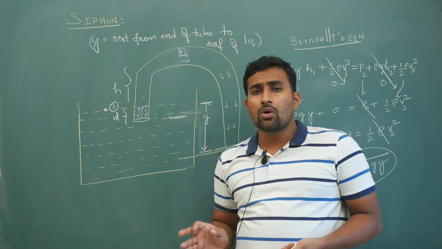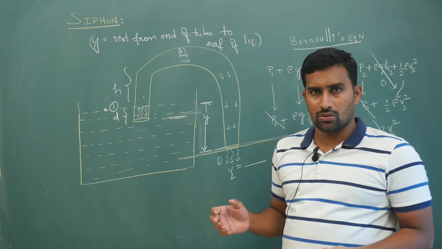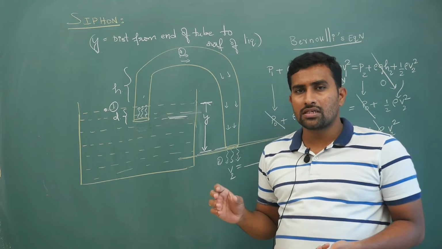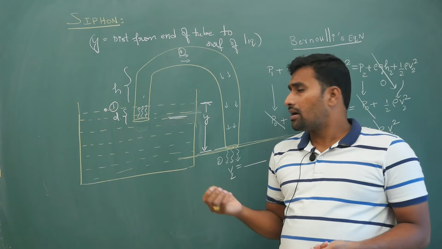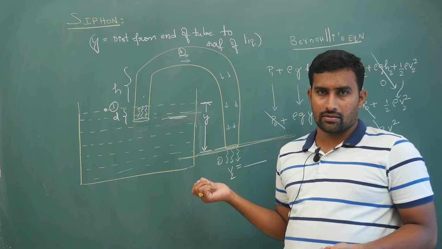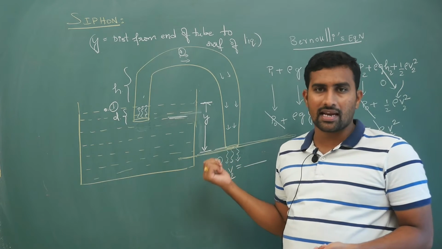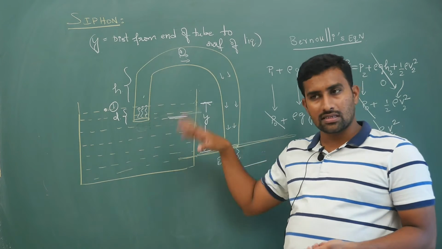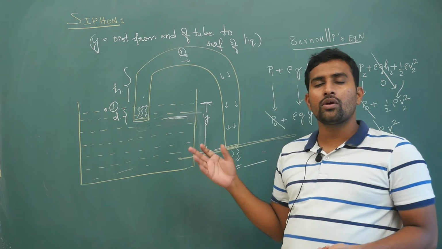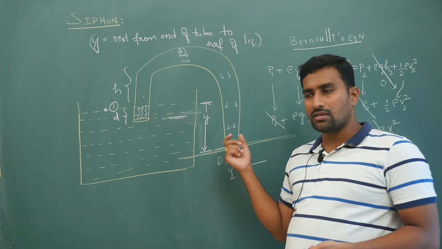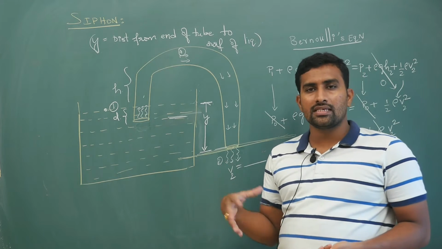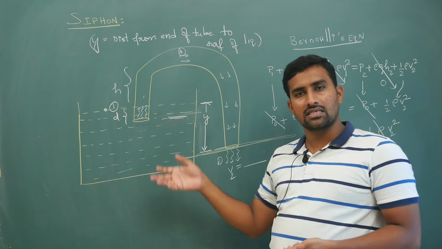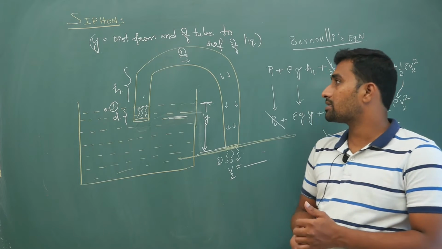Now, no siphon will start on its own directly. Some slight initial push we have to give it. Initially we have to suck slightly. Once it starts, you don't need to keep sucking the fluid out of this container. So only in the start you have to struggle. Once it starts, the liquid will keep flowing like this.